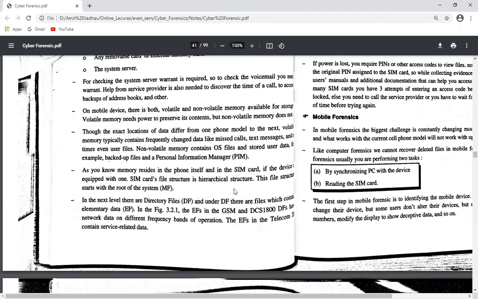And one more thing, the third step, is to attach the phone, its power supply, and connect it to the correct cable. Use the right cables to connect the device, as the cable for the model you are investigating may or may not be available. Lastly, after connecting the device, start the forensic program and start downloading the available information. So we can connect the mobile phone to the forensic tools and we can download all the data.